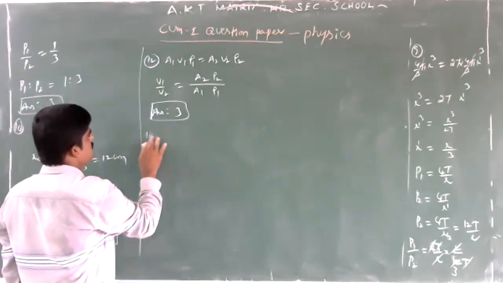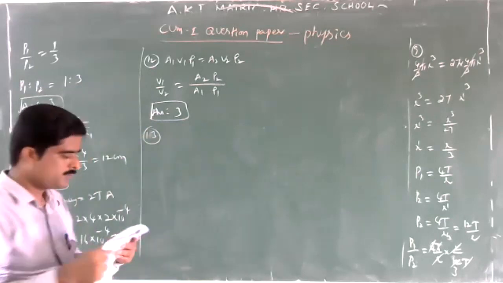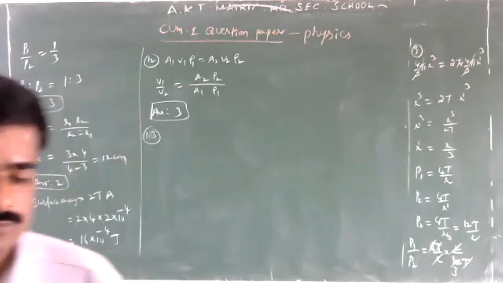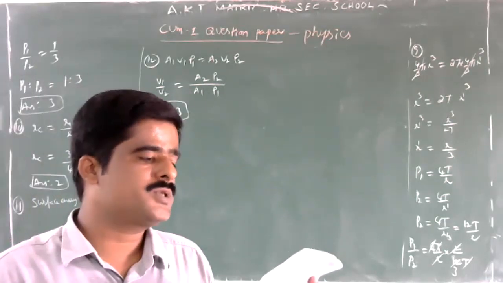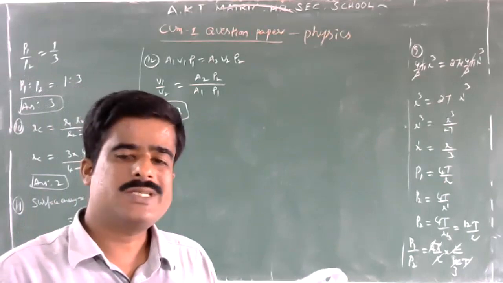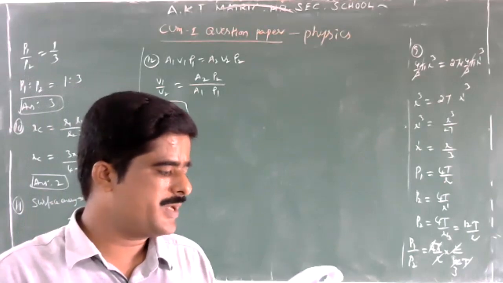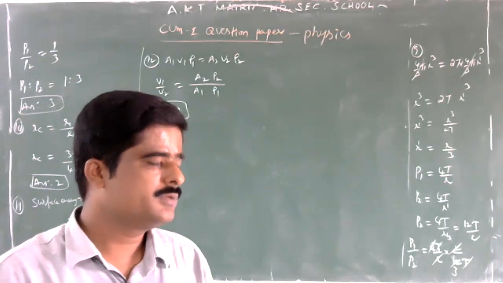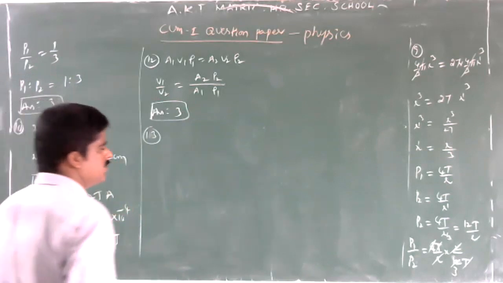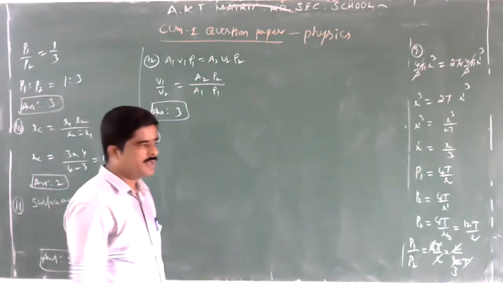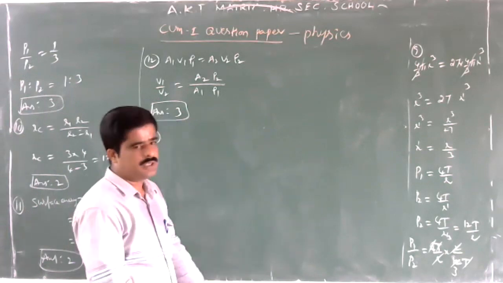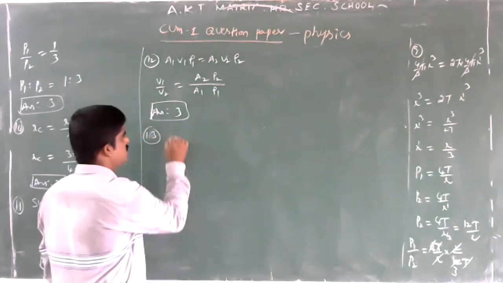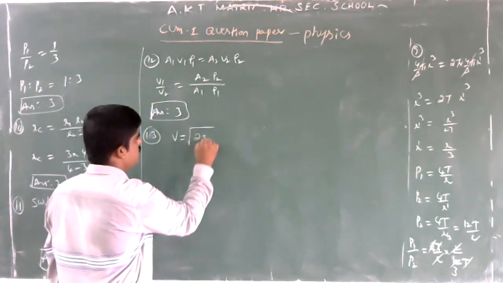Okay. Next, 13th question. Lift. Velocity of liquid coming out is v and range is R. If the lift is accelerating in the upward direction... You know that here actually one tank is there, a tank having a narrow hole. The liquid is coming out of the tank. So when the liquid is coming out from the tank through a narrow hole, what is the speed of efflux? v is equal to square root of 2gh.